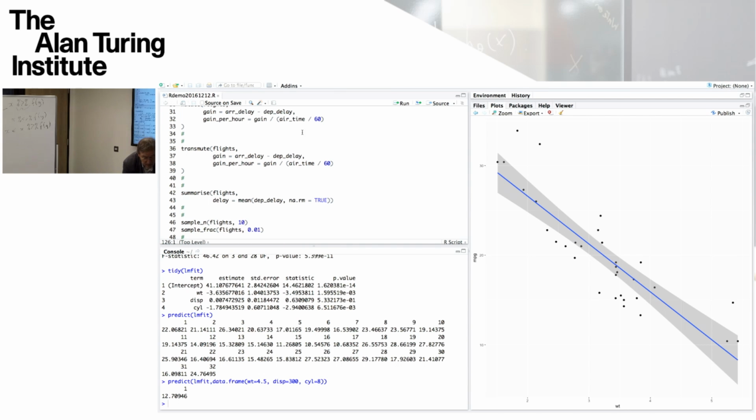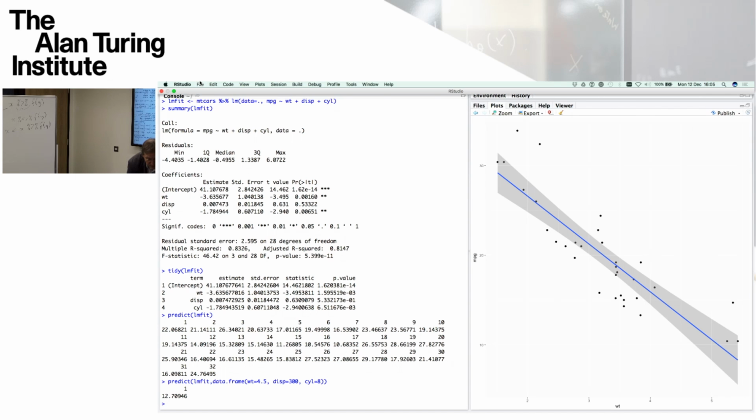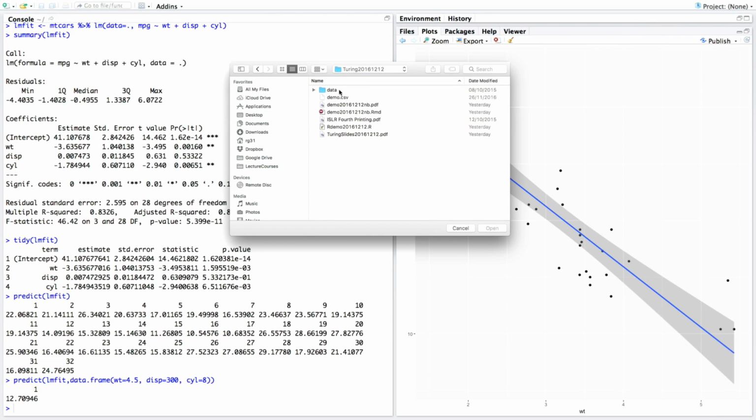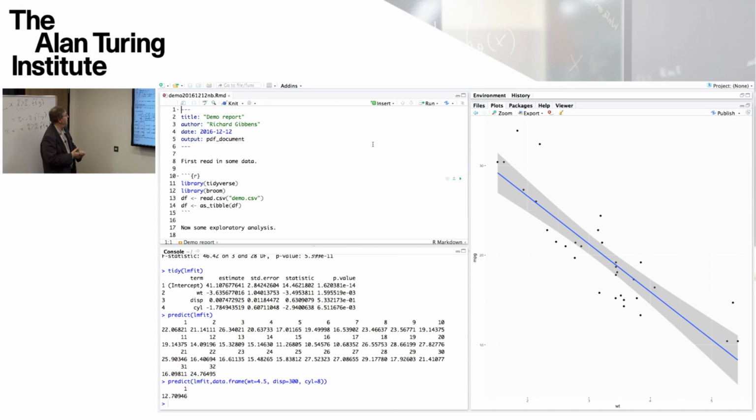Okay, so let's dispose of that, and if we open another file, here I've got a file, and this file was created within RStudio. I'll show you how to do this, but let me show you the high-level idea.